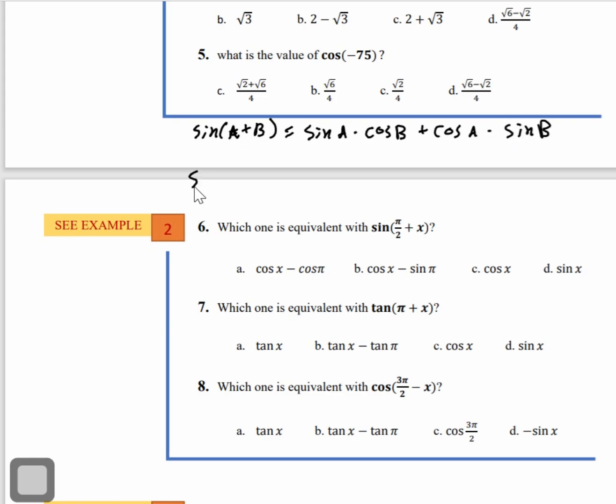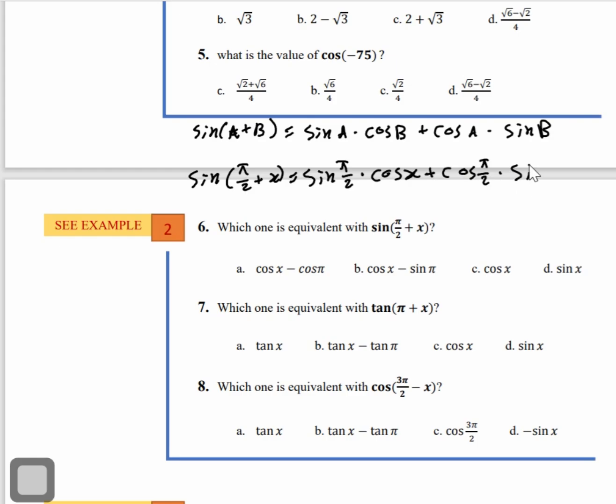So we have sine pi over 2 plus x, which is sine pi over 2 multiplied by cosine x plus cosine pi over 2